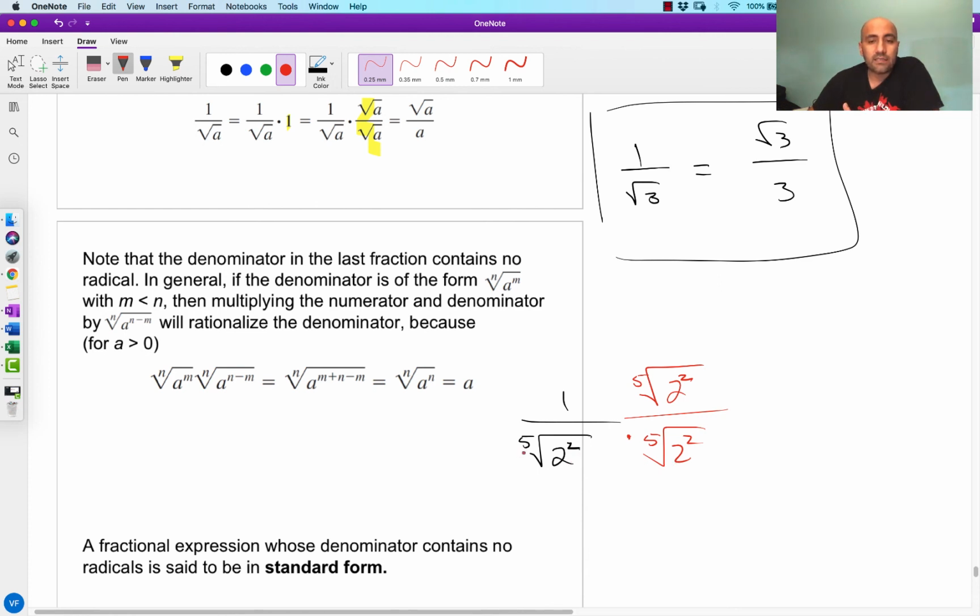And that does not simplify the way I want it to. Instead, I don't want to raise this to the power of 2 to match that. What I want to do is raise it to a power such that they add up to the index. See, they'll add up to 5 now. If I multiply these two together now,